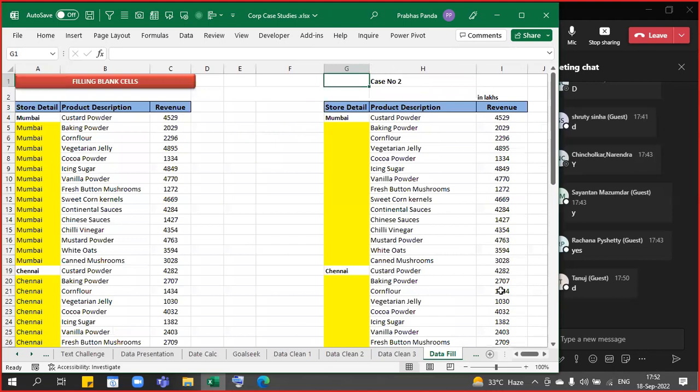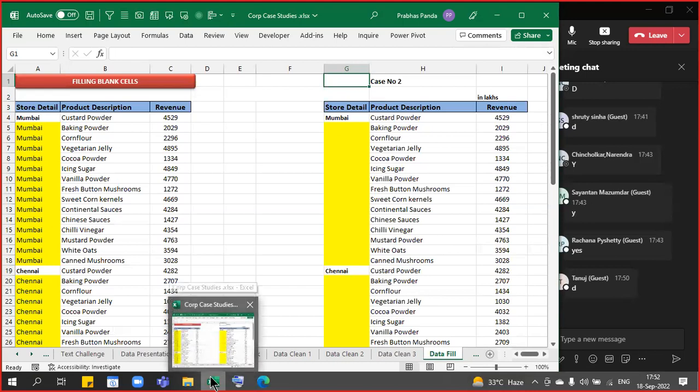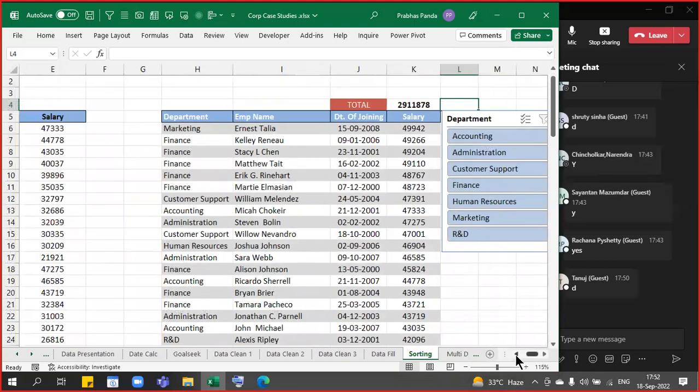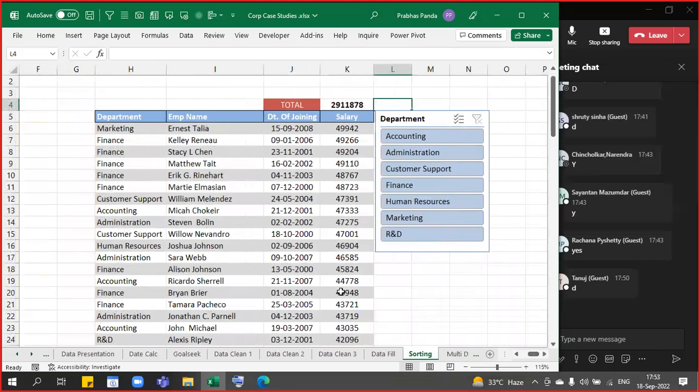Then we have seen the technique of how to fill your data if you have regular intervals, some blank cells in place. So instead of doing copy paste multiple times, how to do it in one shot, one go. We have seen all these things. Then we have seen, when you have the data in place, how to present it effectively instead of the boring sorting all the time, how to add a different meaning to the data by converting the same into a table, adding a subtotal formula, and connecting with a slicer